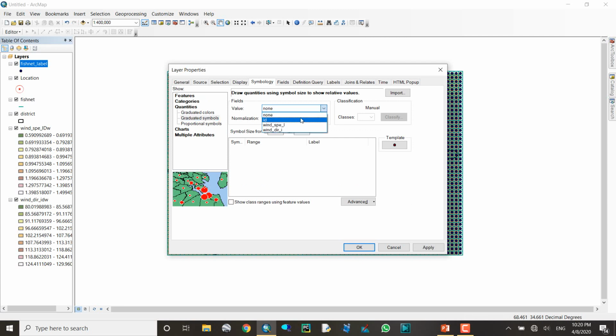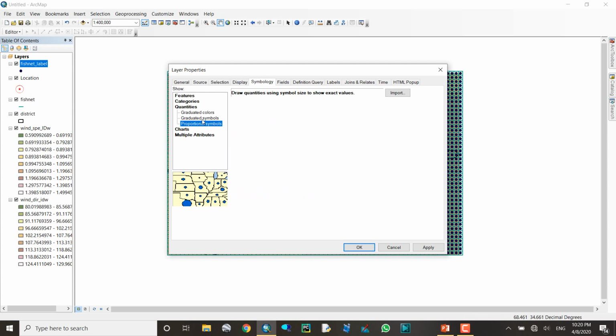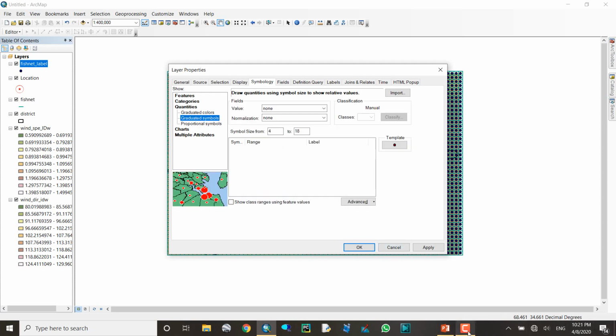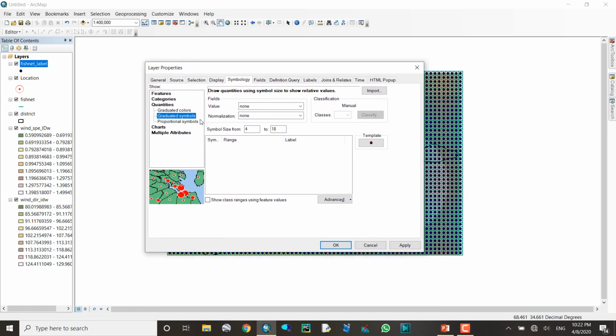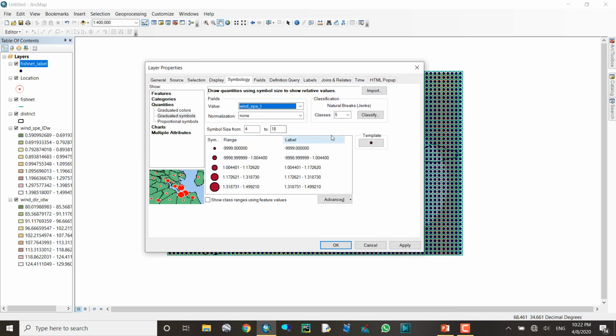In here we have the value, which should be the speed. We should choose six classes for the symbol size, and also we can use